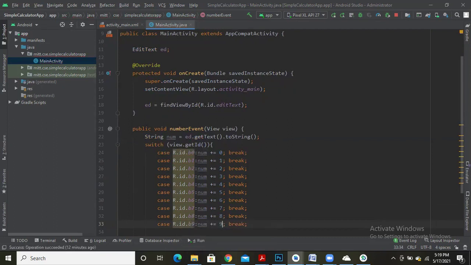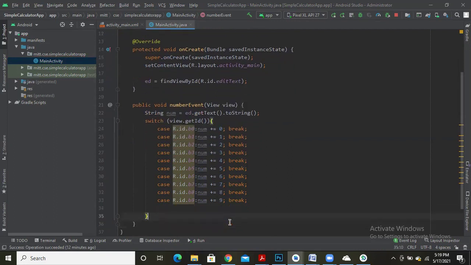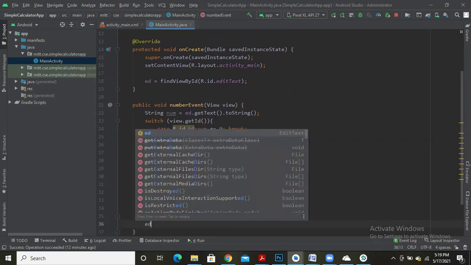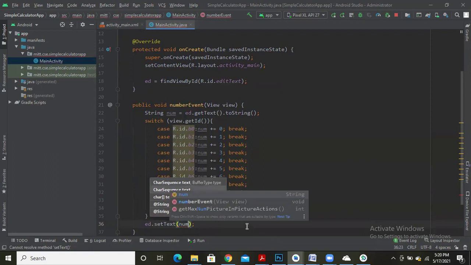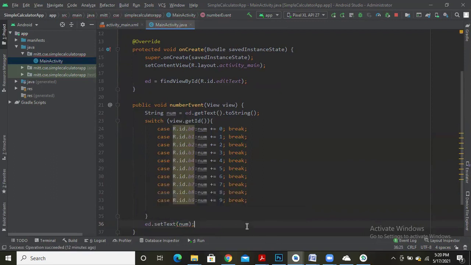So this is what I have done. After this, I am going to display the number. To display the number onto the edit text field, the call is ed dot setText. The text I am going to set is nothing but the number which I have built now. So this is what I have done for a number event.